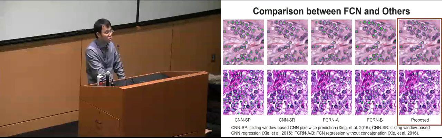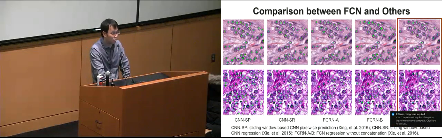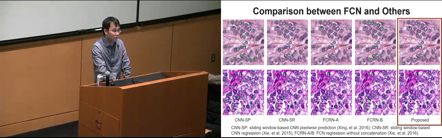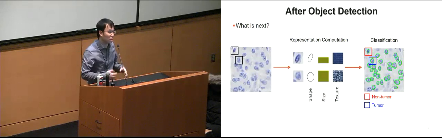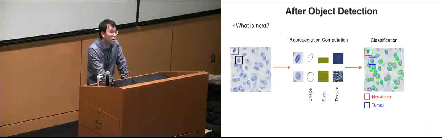We talked about how to do object detection using deep neural networks in the pathology image dataset. So after object detection, what's next? Remember that our goal is to provide support for medical diagnosis or prognosis. Actually, we want to classify each item in this image. Probably some of them are non-tumor and the others are tumor. And in order to do the classification, we need to quantify each object in these images.